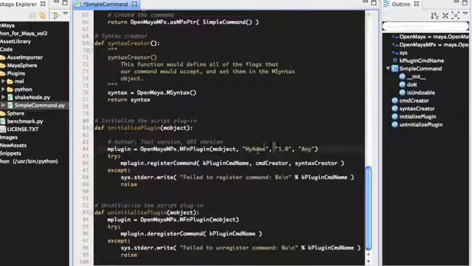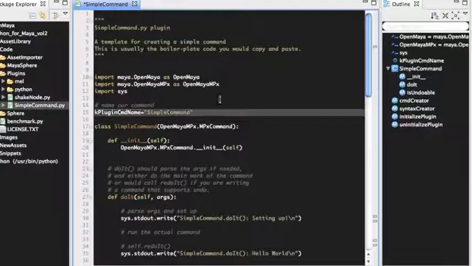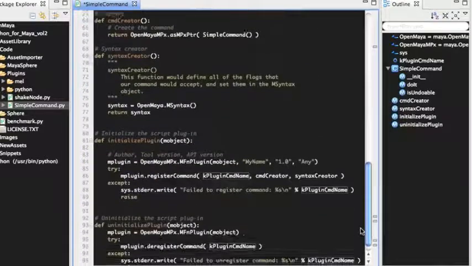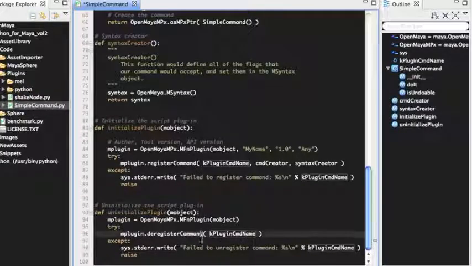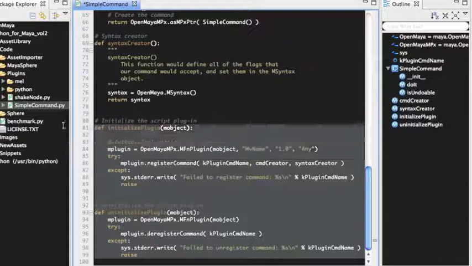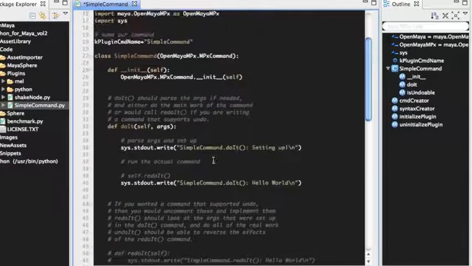So really all you would change is these two things right here, and the rest is boilerplate. This is registering the plugin by the name that you gave it. See, this is where we define the name. If we go back up to the top, this is how it gets the command name. And we just pass that right down here, along with our command creator and our syntax creator. So it completely knows how to register this plugin. If it can't register the plugin, it's going to fail out with the name of the plugin. Same thing down here, and there's actually nothing to edit. So if you were just to copy and paste these, you're good to go,